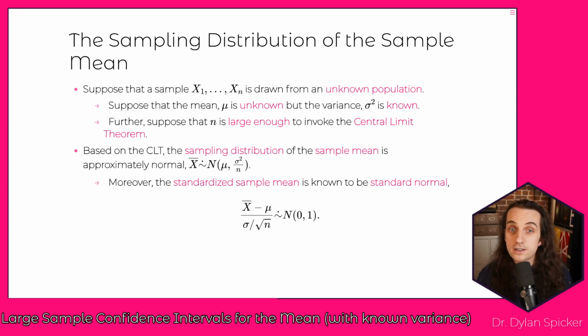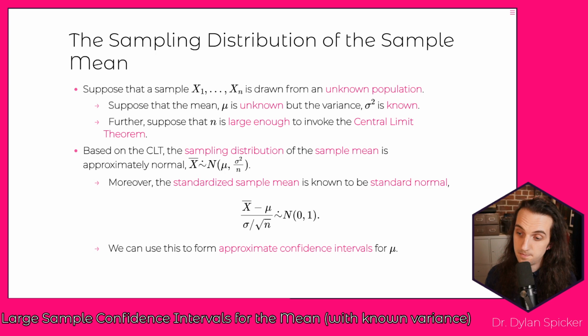We can take our standardization trick from the normal distribution. And so if x bar follows a normal distribution with a mean of mu and a variance of sigma squared over n, then if we take x bar and we subtract off its mean and we divide by the standard deviation, this always leads to a normal 0, 1 random variable, right? And so ultimately, we can say that the standardized version is going to follow the normal 0, 1.